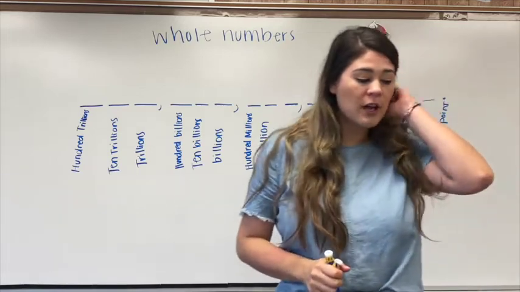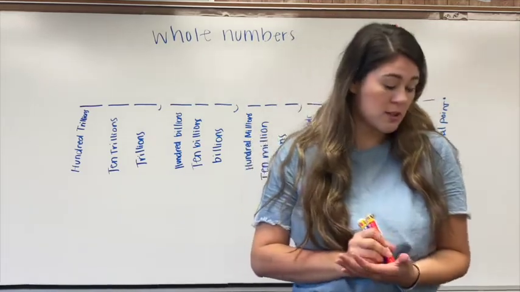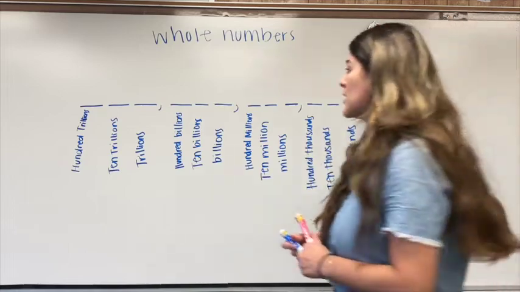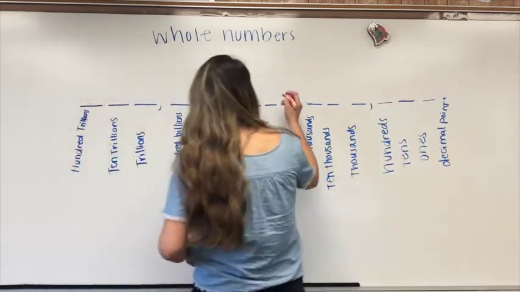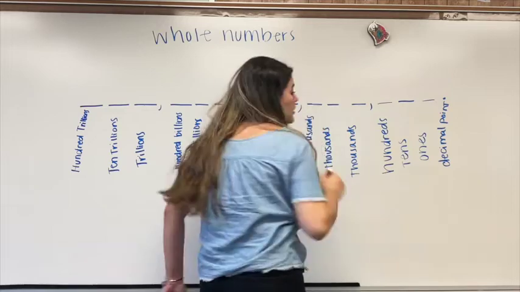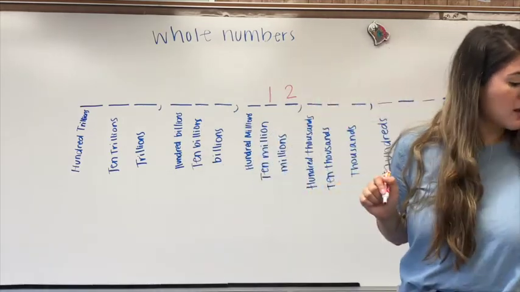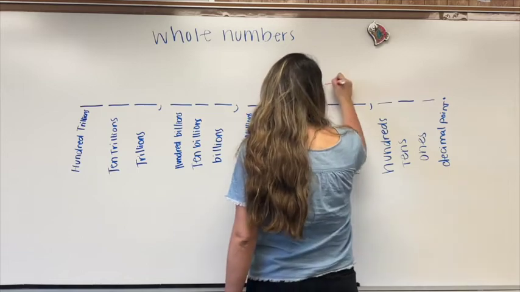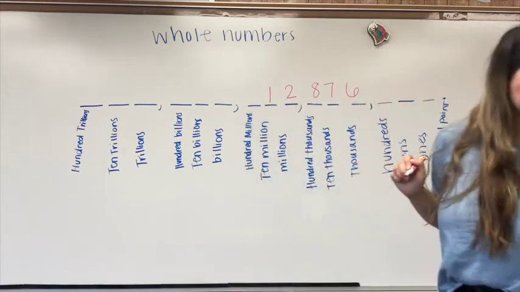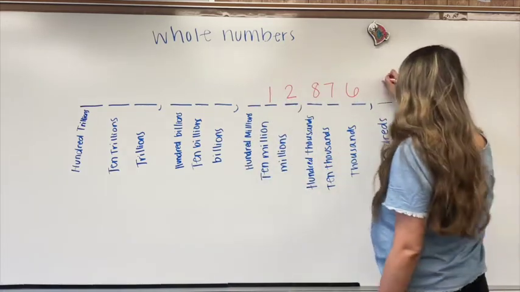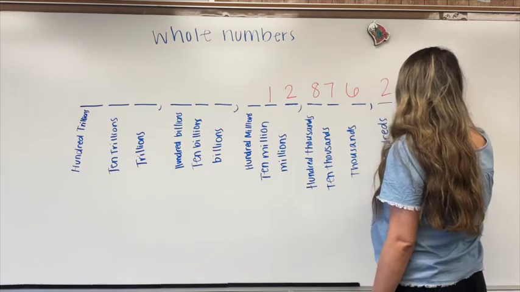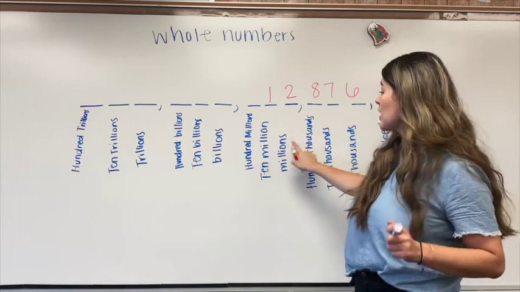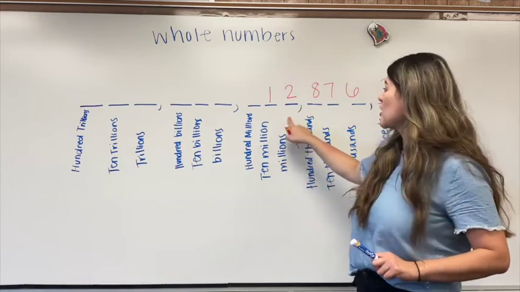All right, so let's look at our first example and see what they want us to round it to. It says to round 12 million, where's my million? Right here. 12 million 876,000 250 to the nearest million. So the first thing that we do is find our millions number or place value, which